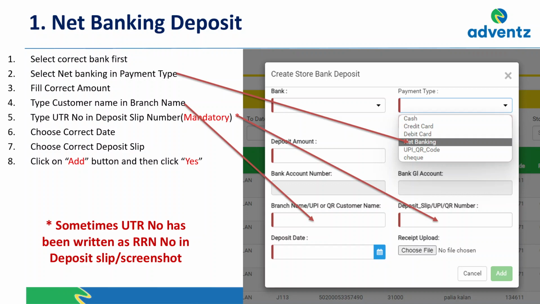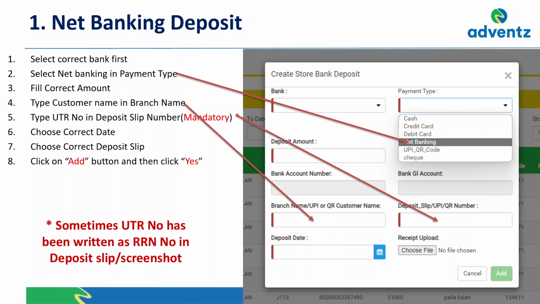When we do transactions from a UPI application like Google Pay, PhonePe, BHIM UPI or Amazon Pay or any other UPI application, this is a UPI QR code transaction. But if we make a transaction directly from our account to the company's account using IFSC code and bank account number, then it will be considered as NEFT or IMPS or RTGS,